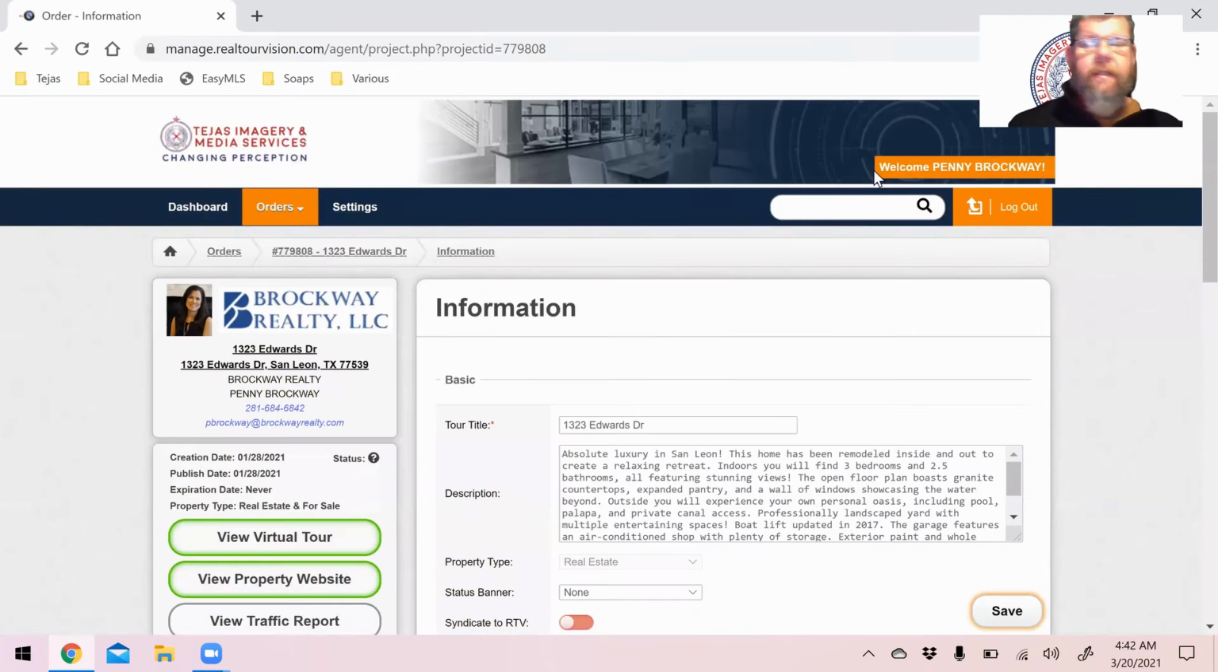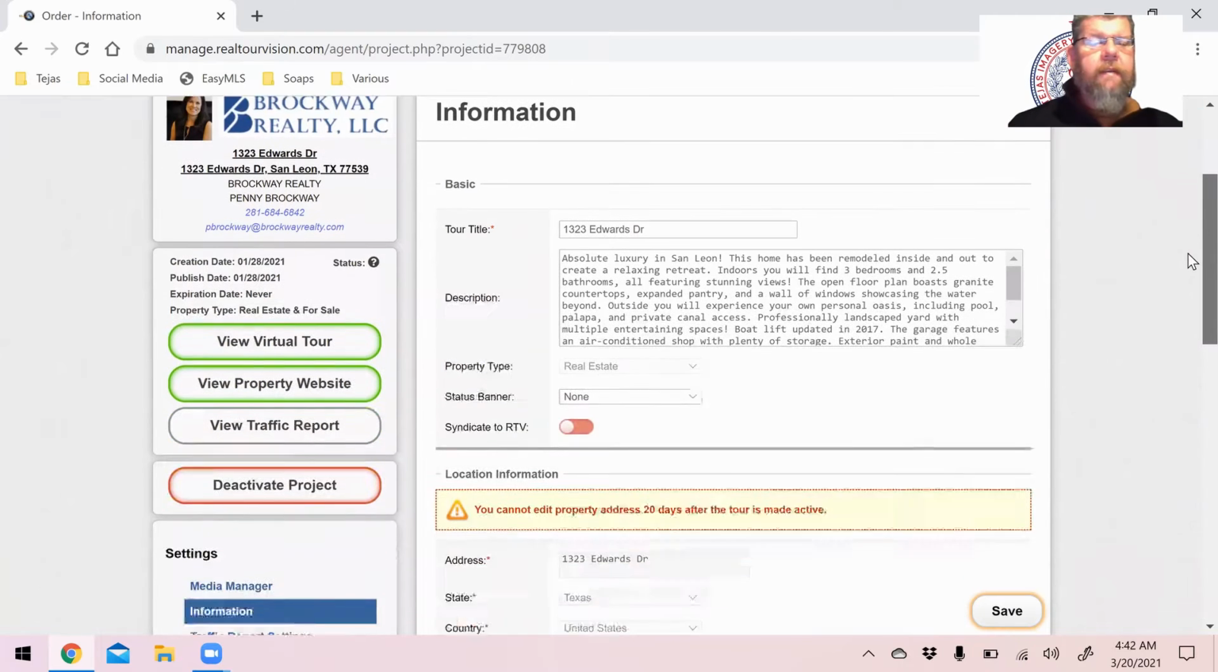No, I don't want to save the changes. This tour is already set up and it's active. Now